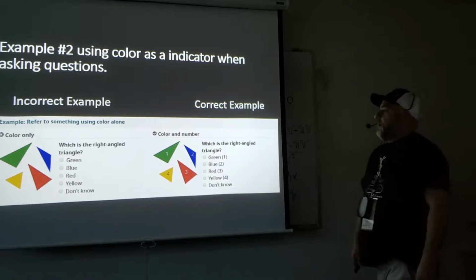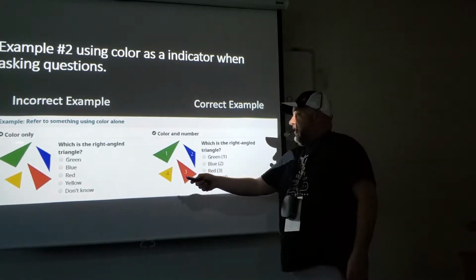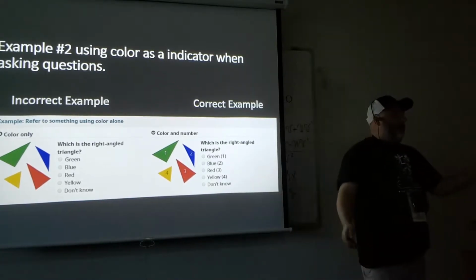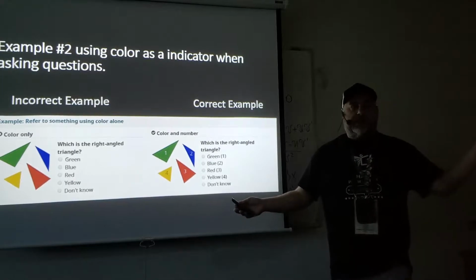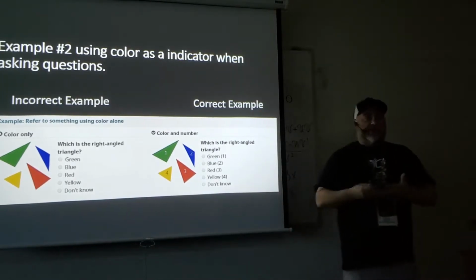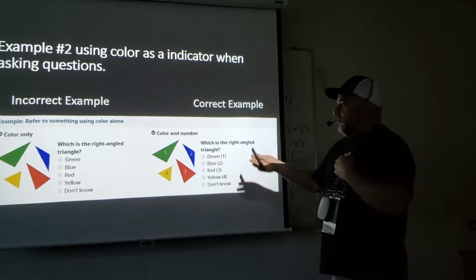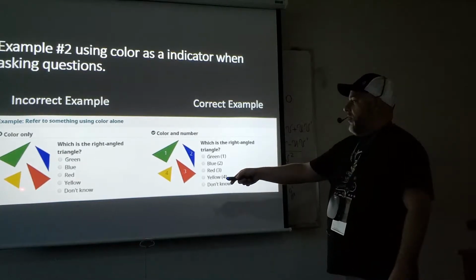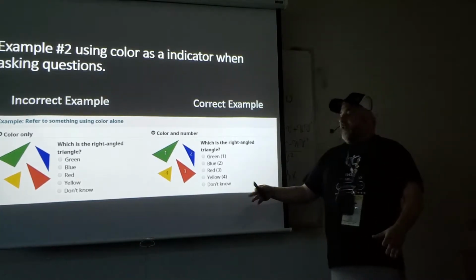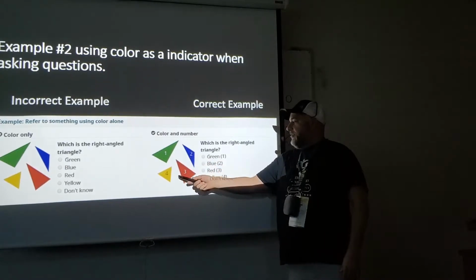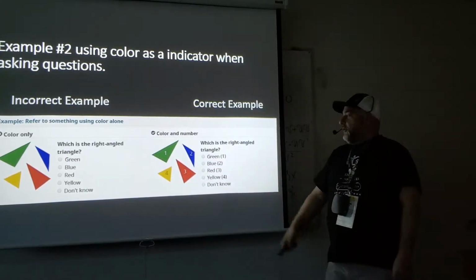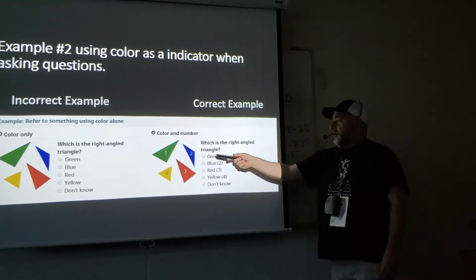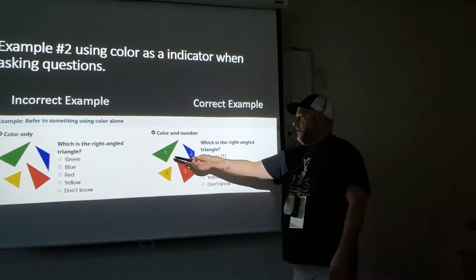Okay, another example, which is the right angle triangle. So now an individual looking at this, if they're colorblind, now keep in mind, I think it's like 9% of men become colorblind, something like that. It's a very common issue. If we're colorblind, you're not going to know which one of these triangles is the right angle. Very simple solution: simply add some numbers that correlate with the color. So an individual looking for the right angle triangle will be able to know number one, come over here, find number one, you can mark this. They are not reliant on the color green.